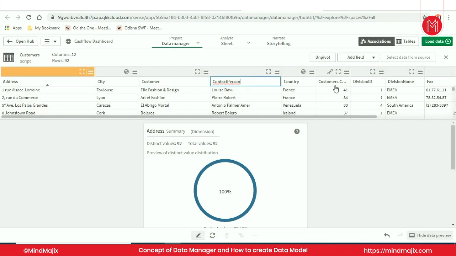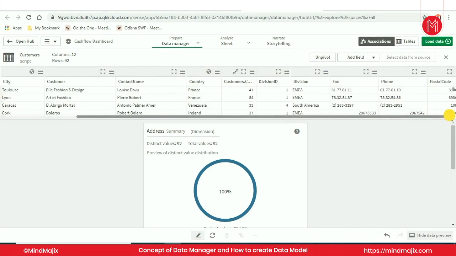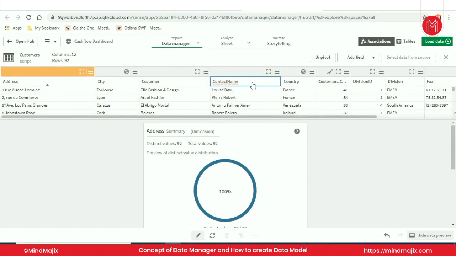Address, city, country, division name I will just make it division. So now this process is what we call data profiling. Contact name, contact person. Okay, so the changes are being done.